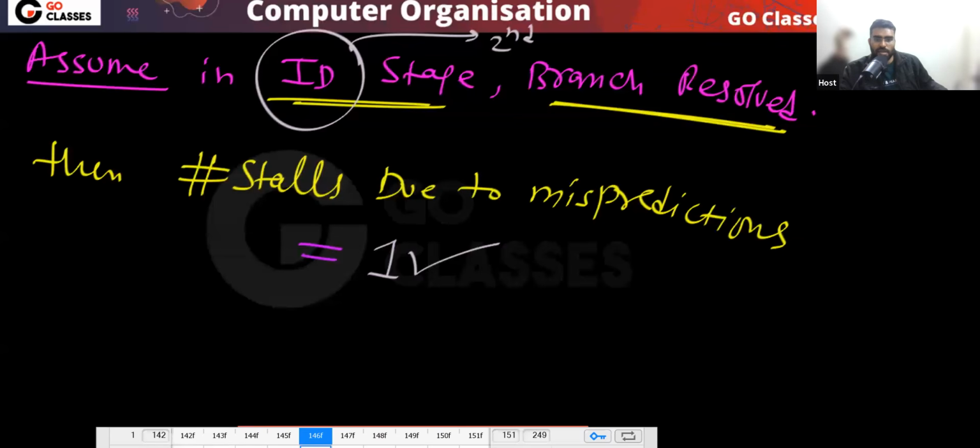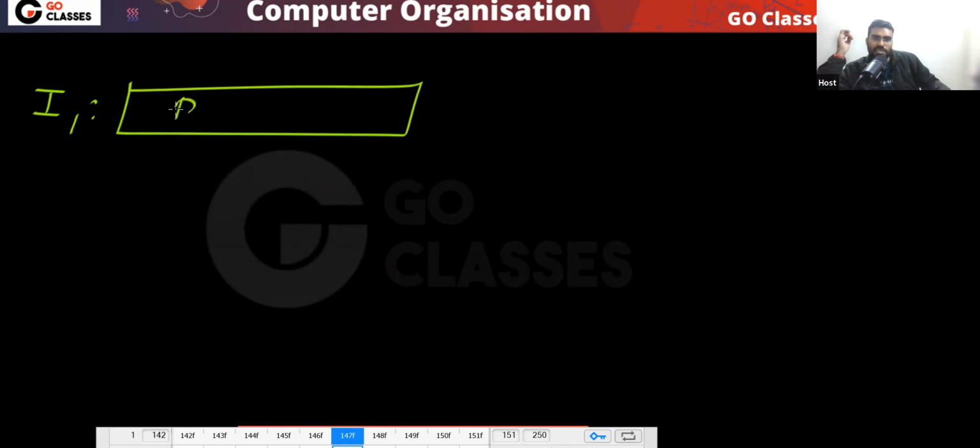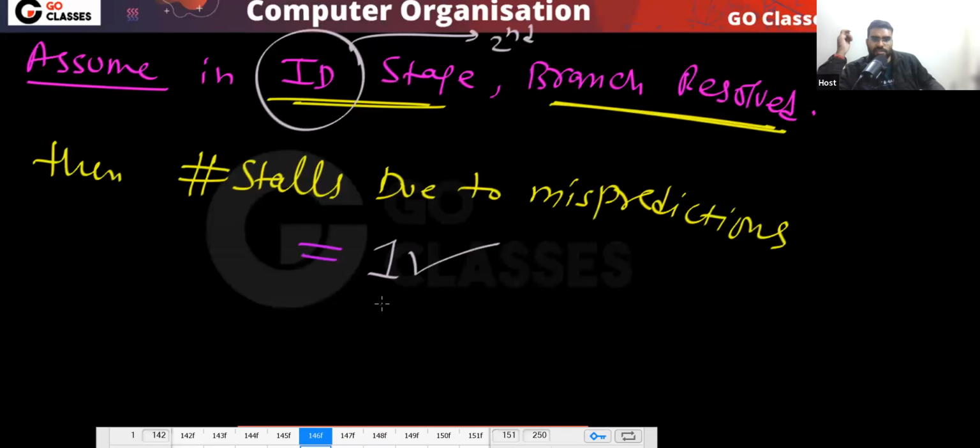Now you can see one thing. This is a very intuitive solution. You tell me whether it is a branch, whether it is conditional or not. This is a branch instruction. Do you agree that one instruction will be fetched? Yes or no? Because one unwanted guest will come into your pipeline, and then you will have to flush it. This I2, then this I3, and maybe this is your IK.